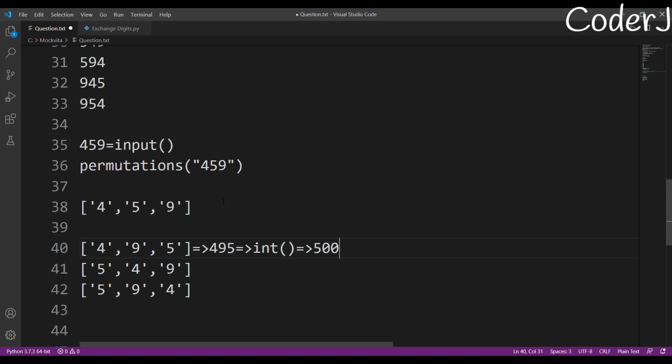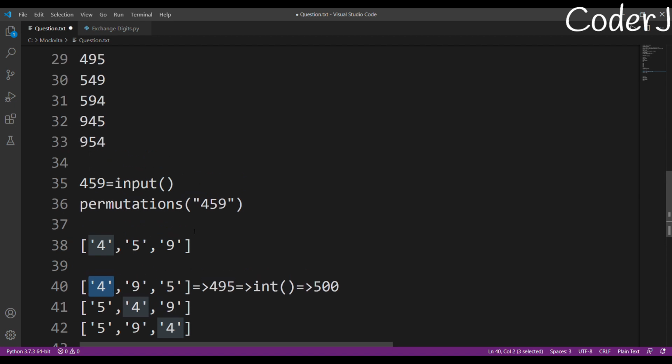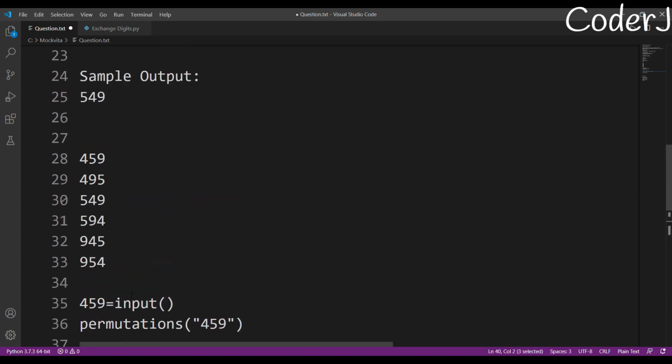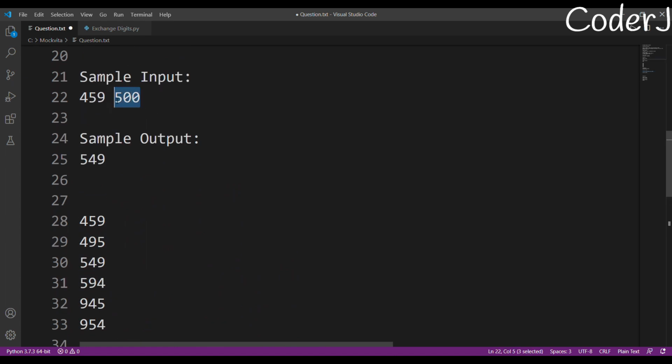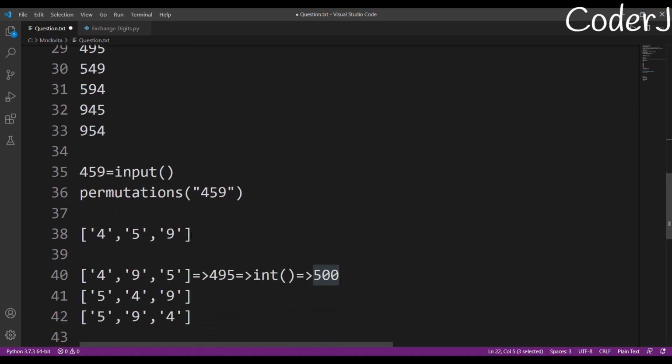But how to make my process even more optimized? Since this is a list, I'll just take my first element 4 and check, is my 4 greater than 5? Sorry, since I have to compare it with 500, instead of going through all of this process of converting to int and then checking, I'll just put an if condition, and this will help me a lot.